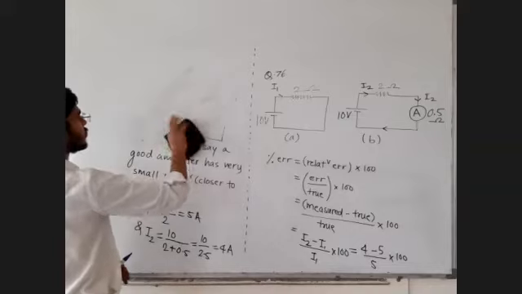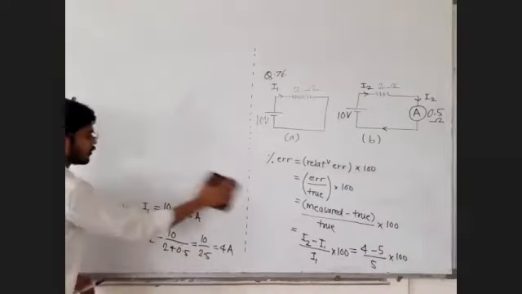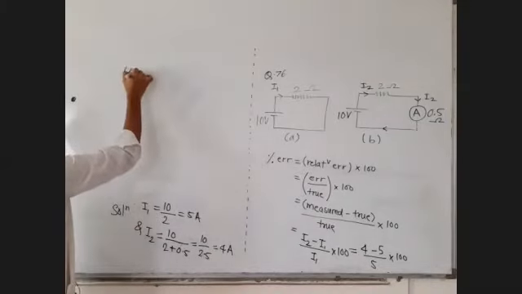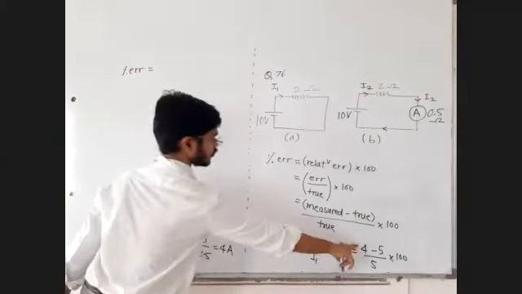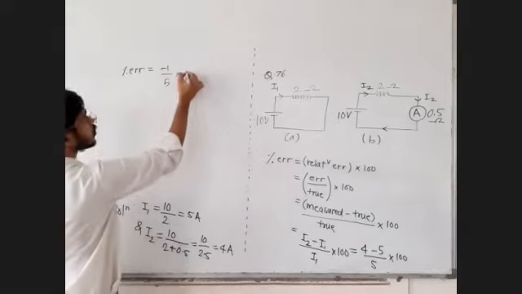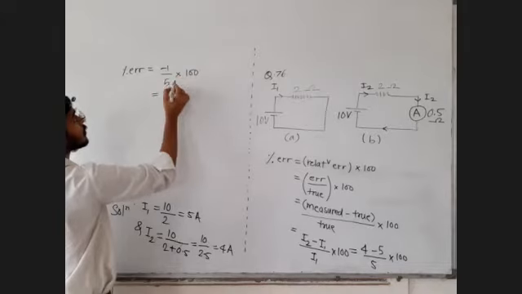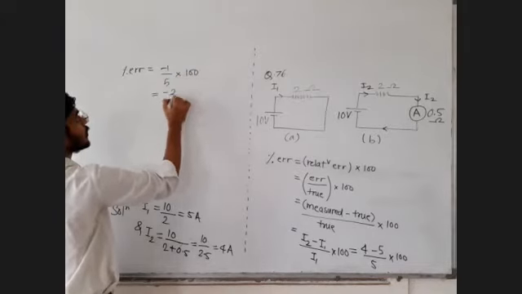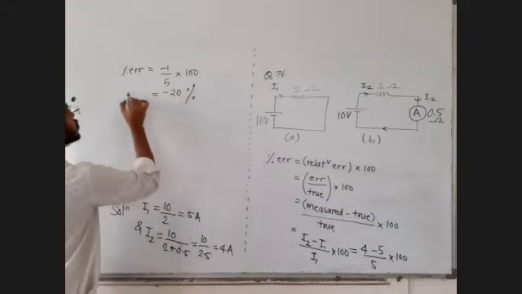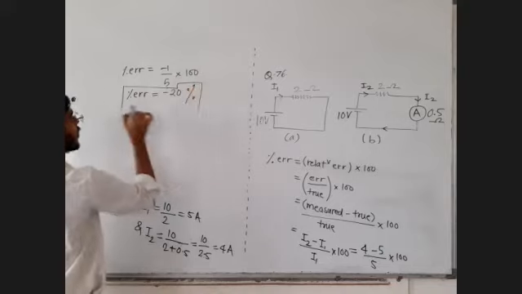You can recall the unit and dimension chapter, the measurement part of it, measurement and error in the measurement. So percentage error is equal to 4 minus 5, which is minus 1, upon 5, into 100. 100 upon 5 is 20, so minus 20. You have multiplied by 100, so it is going to be a percentage. So what is the percentage error? It is minus 20%. What is the meaning of minus?